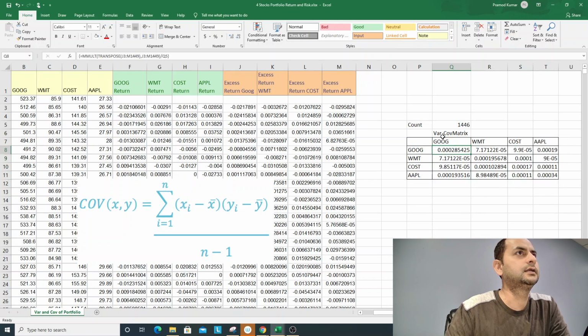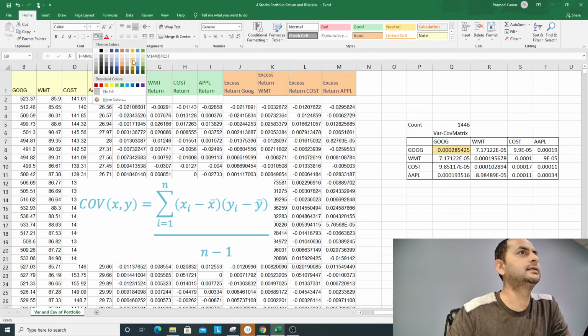So the stock itself, when this part, right? So this is Google and Google together. So this one is the variance. So we can highlight this with this color, right? The movement of stocks with itself, right? Like this is for Apple, this is for Costco, and this is for, yeah. So the variance,